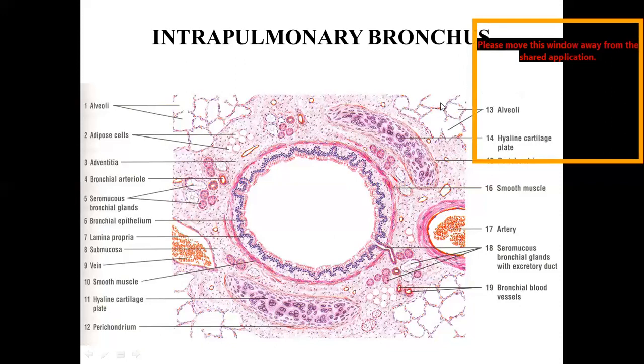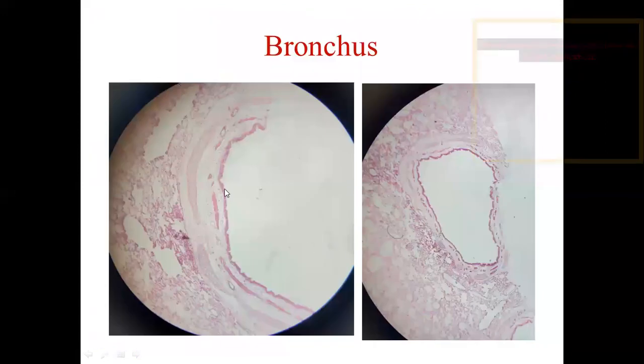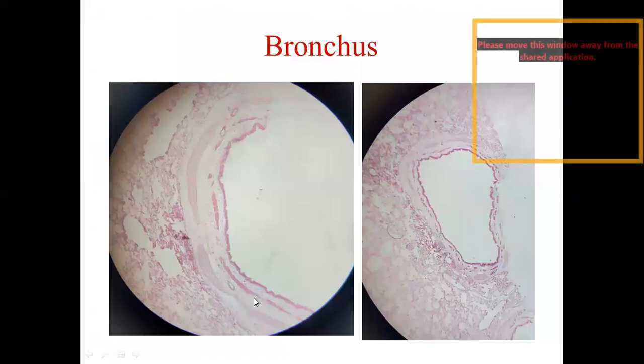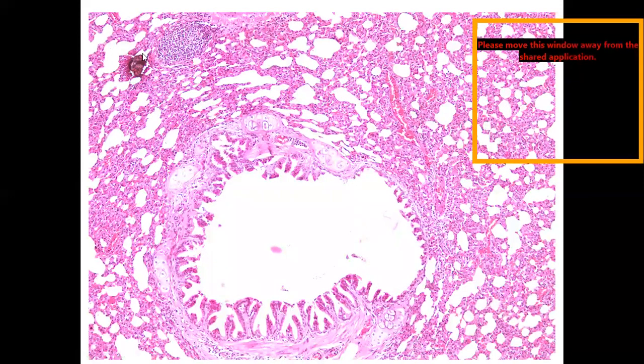Here you can make out the alveoli. This is a slide photograph where you can make out the lining epithelium, lamina, smooth muscle layer. Then you can see the cartilages on the side and adventitia. See here, these are the cartilaginous plates, irregular plates. This is a smooth muscle layer. Innermost lining, lamina, smooth muscle layer, submucosa, cartilaginous layer, and adventitia. So these are the layers of bronchus. Same, cartilaginous plates you can make out.